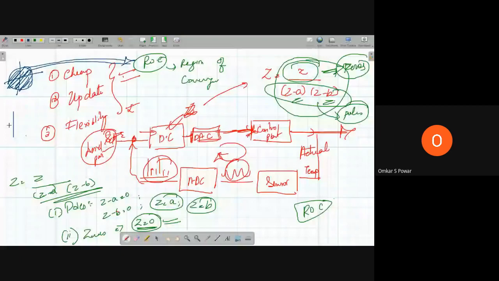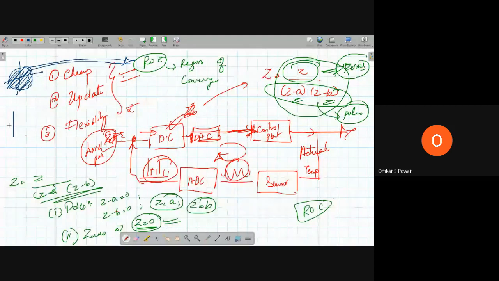Now we'll go to some theory part. We are now actually entering the subject, Z transform. Whatever I have explained so far was just to get some intuition for the Z transform. Without wasting time, let me enter the subject now. We have understood, on a surface level, where we use this Z transform, why we use it, and what the Z transform equation is actually doing. Now we will go with the textbook or the syllabus.